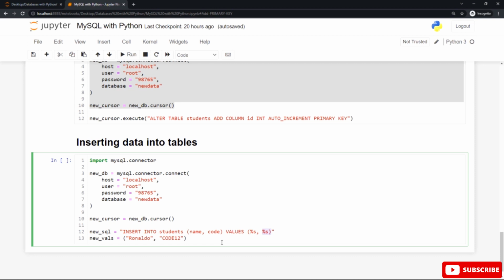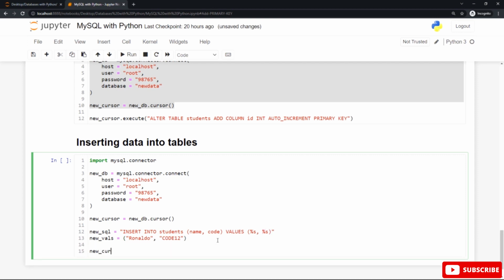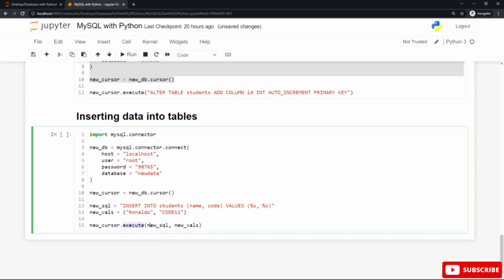Now you need to use the execute statement with this cursor to execute these statements, these MySQL commands. All you need to do is call the execute built-in method to execute new SQL and new values. This method has two parameters or two arguments in this case. Separate between them using a comma. The first one is for the insert into statement to insert new values for the new record, and the second one is the values, as you can see, for the first record.